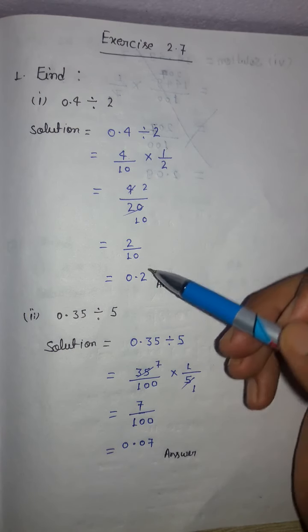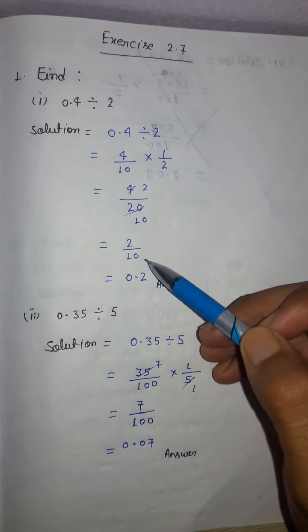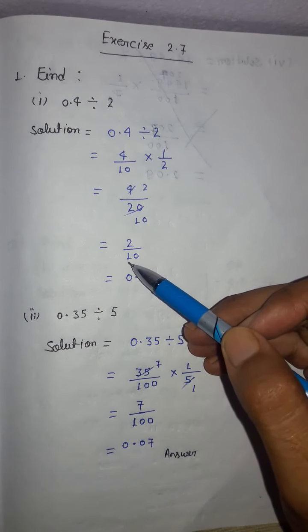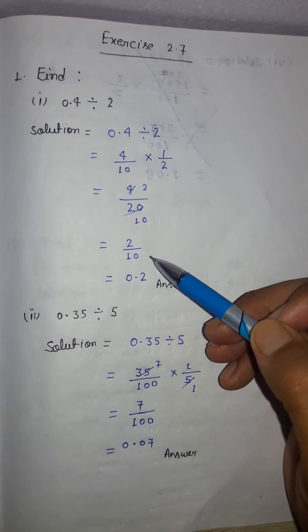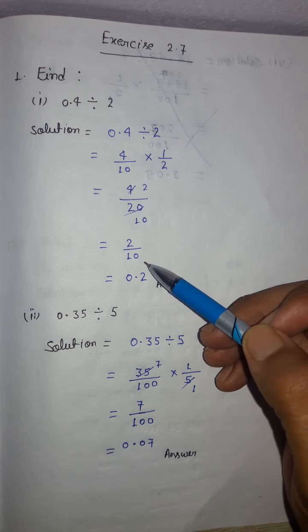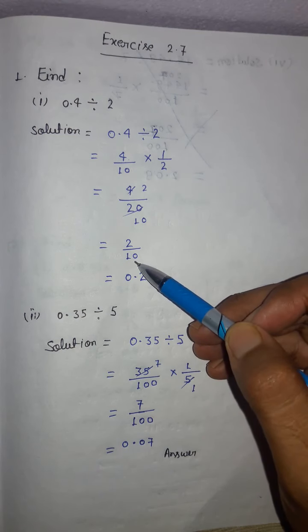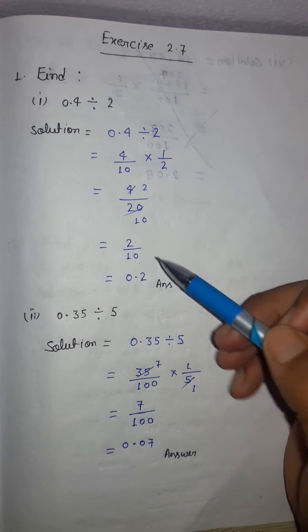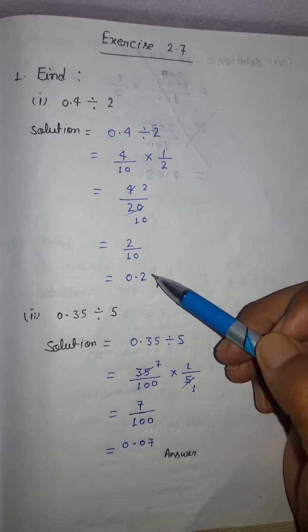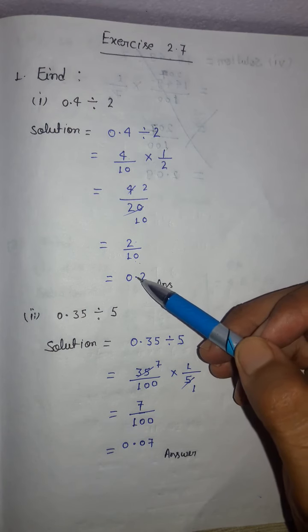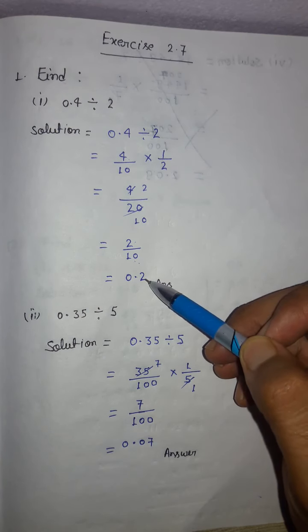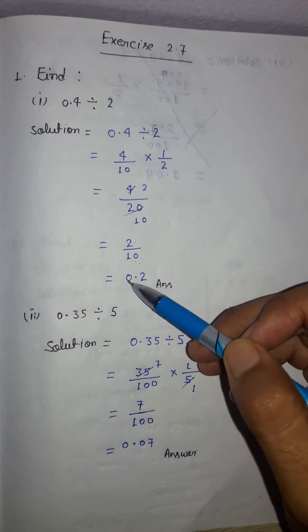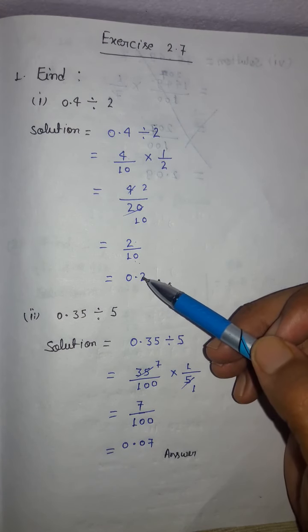Here you have to see carefully. 2 upon 10, when you get a fraction whose denominator is 10, 100, 1000 and so on, these fractions are called decimal fractions. And writing it in decimal is too easy. 2/10 means we have to keep this 2 at the tenth place. You know that the tenth place is right after the decimal. So we write this 2 at the tenth place, and since there was no number before it, we write the 0.